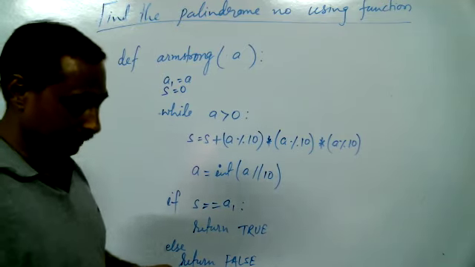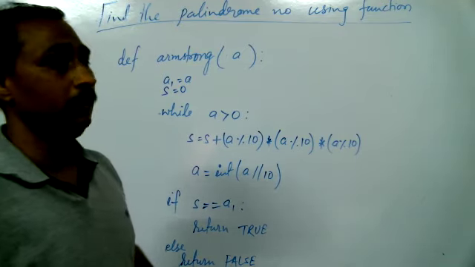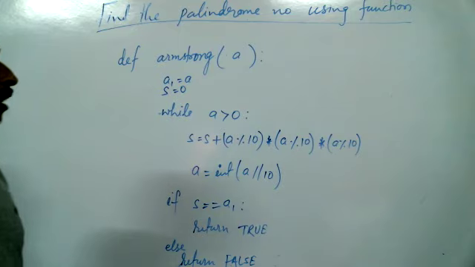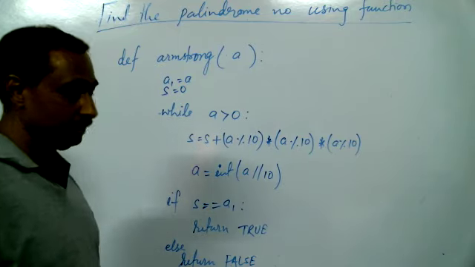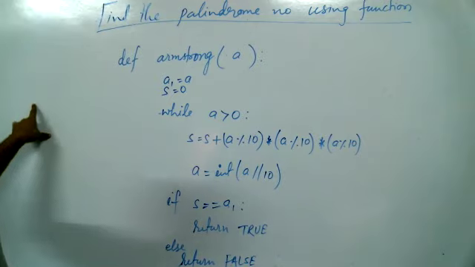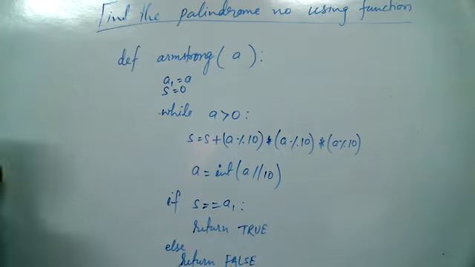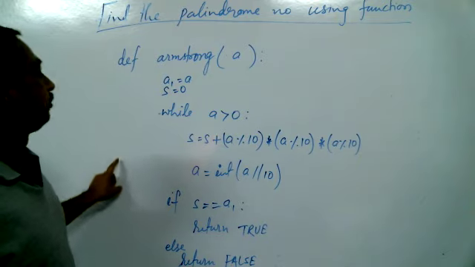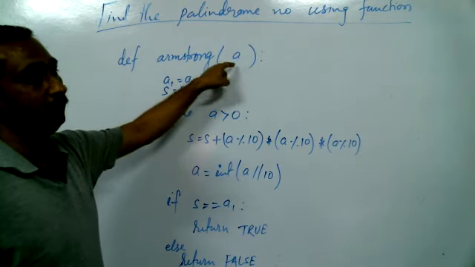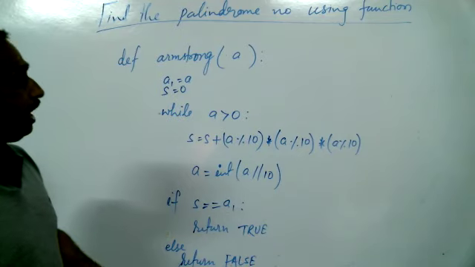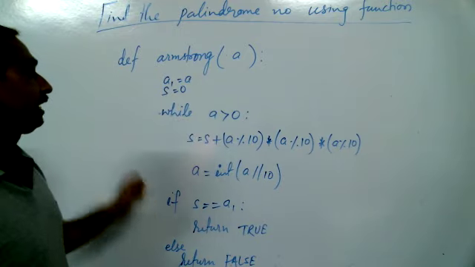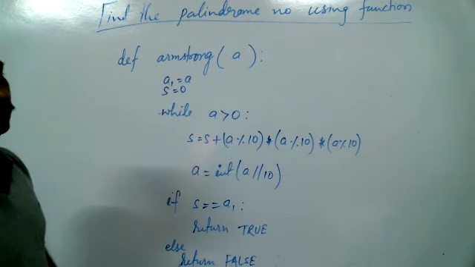I hope you are understanding. After this, I will give you an example and I will do it. Now, the main program. For the main program, space is not there downward, so I am writing in this part. In the main part, for calling this function, we have to create a variable, a multi-digit number. We have to take input of a multi-digit number and pass it to Armstrong so that Armstrong will check if that number is Armstrong or not.